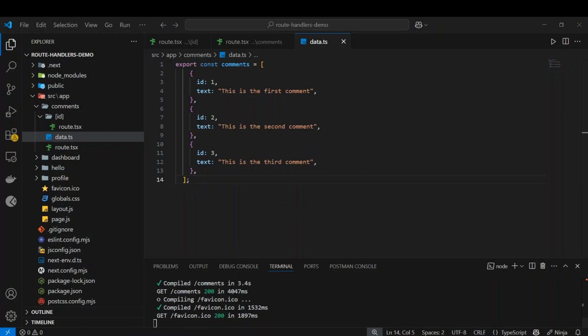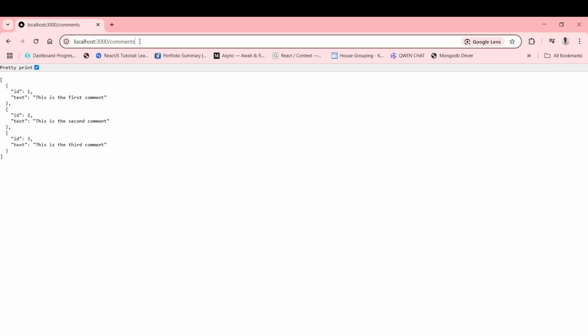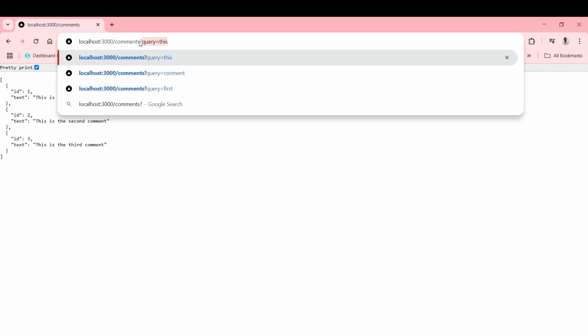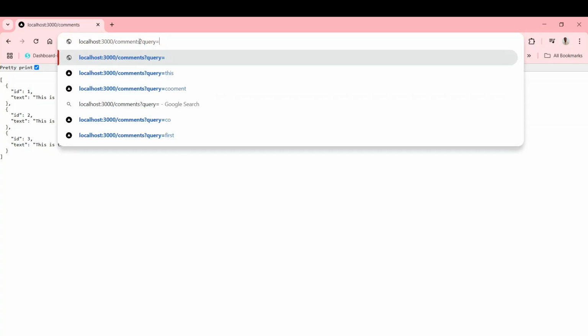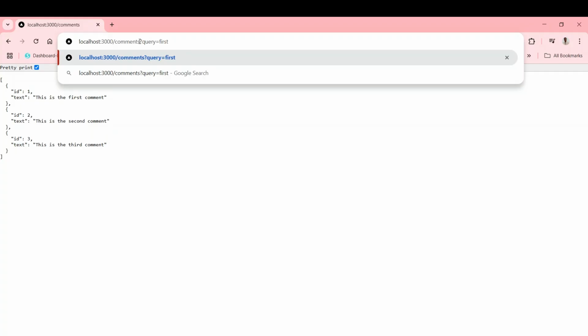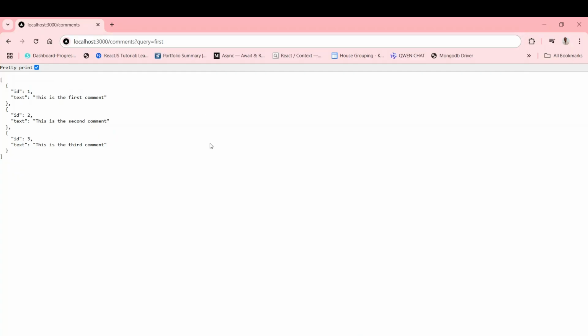Let me show you. Here you can see localhost:3000/comment and I want to pass a query to this, with query equal to first. This is called URL query parameters, and on the basis of this we need to filter the current data we are receiving, the list of comments. So let's start building this. When query is equal to first, only the first comment will be displayed, or the comments will be filtered on the basis of the parameter which we provide through the URL